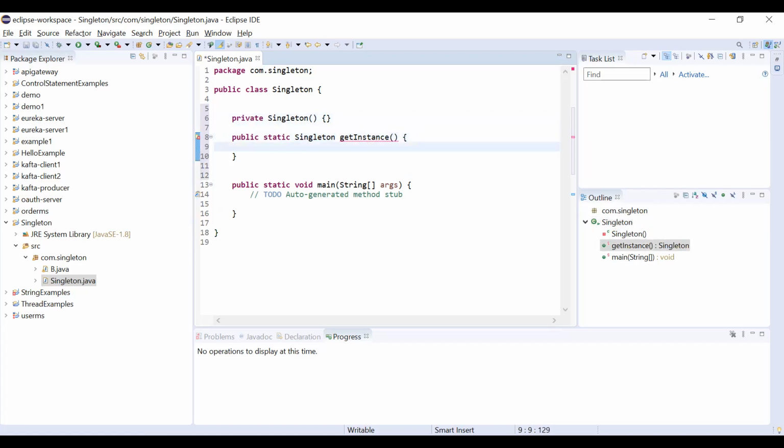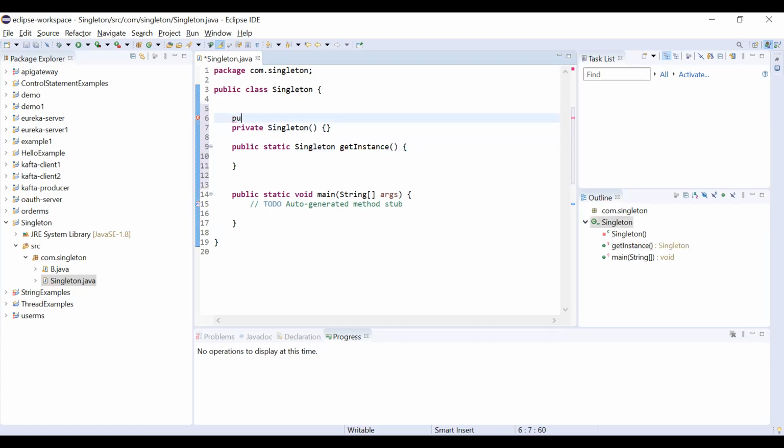It will return the object of Singleton. So we have to make one private static Singleton variable, singleInstance, equal to null.